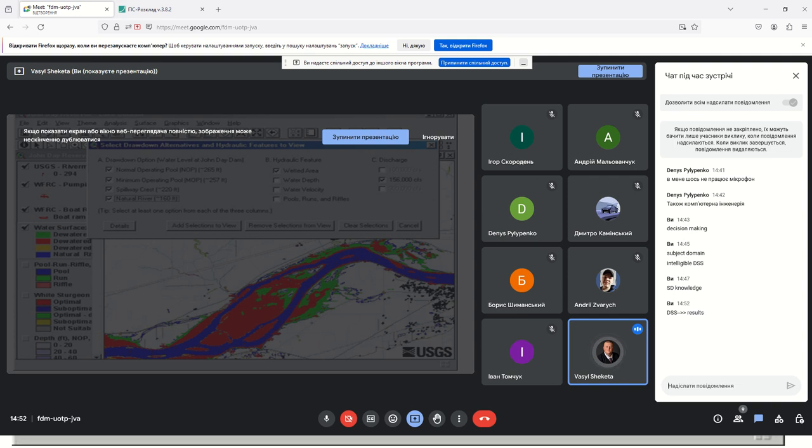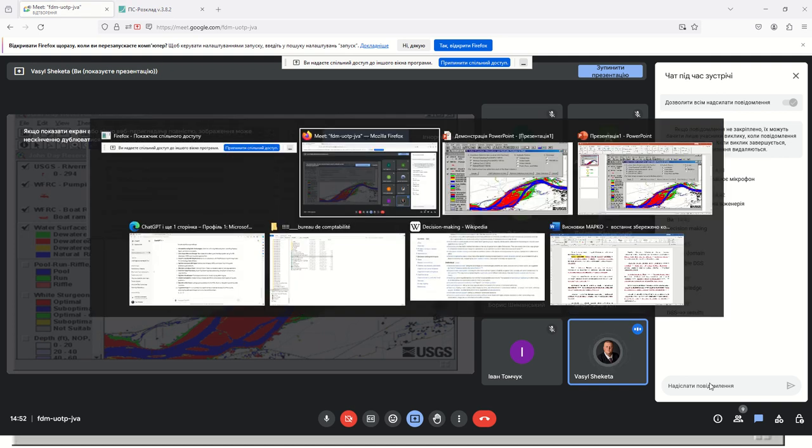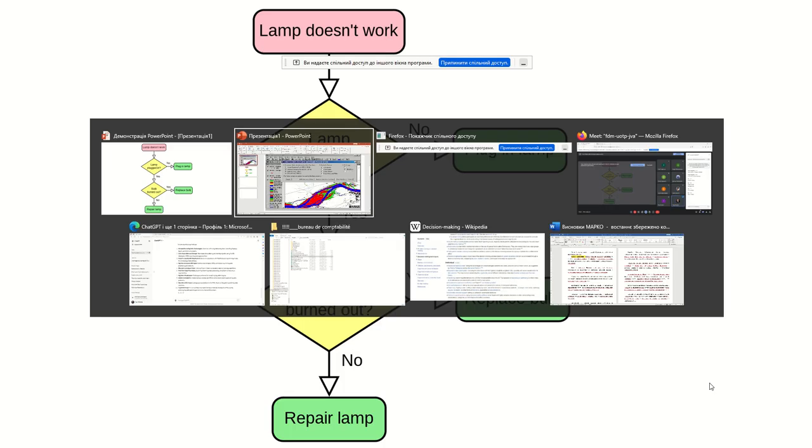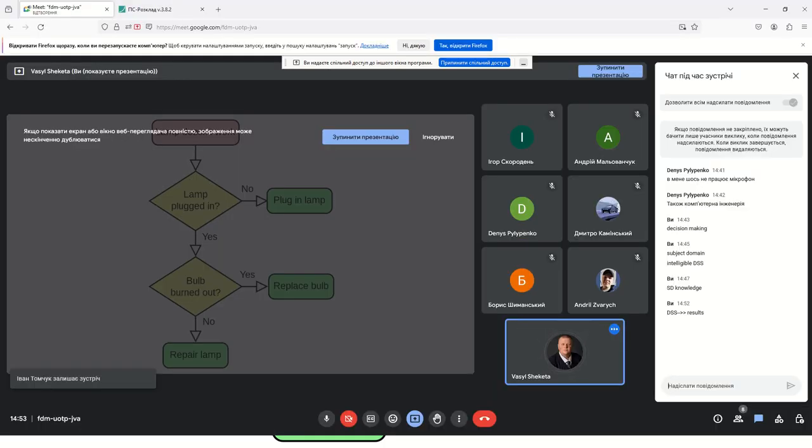These results can have many forms, many different kinds, but we can say for sure that this decision is about getting some new information. So here is slide 2, and this slide